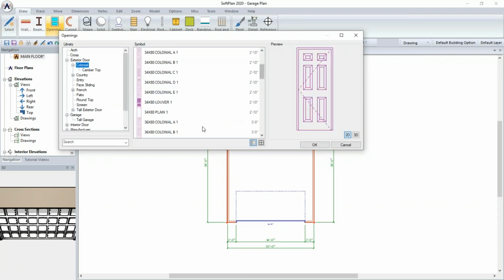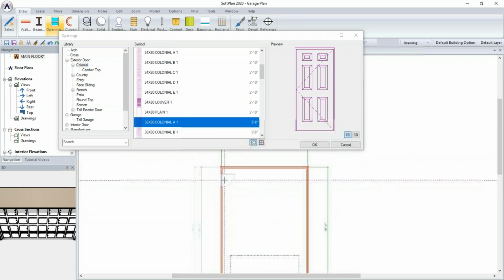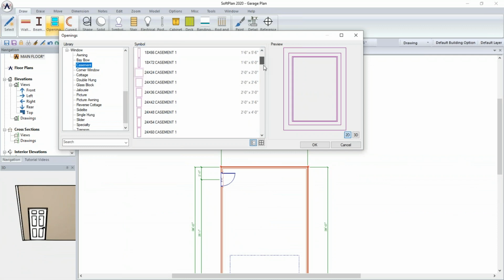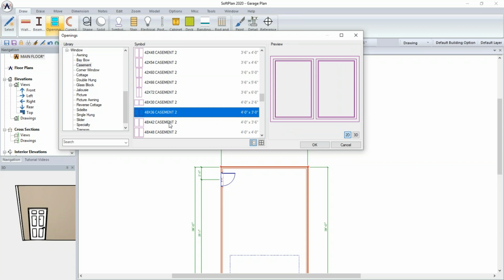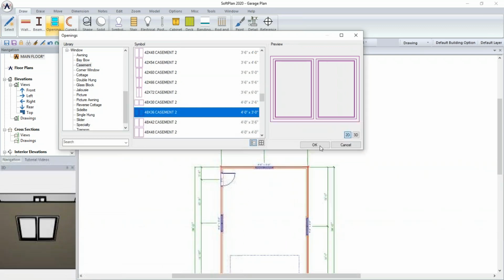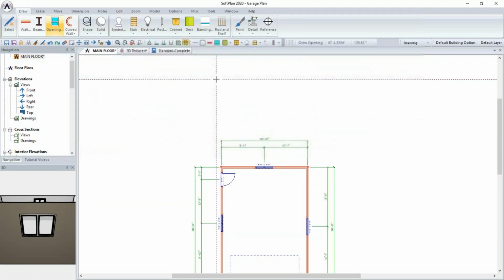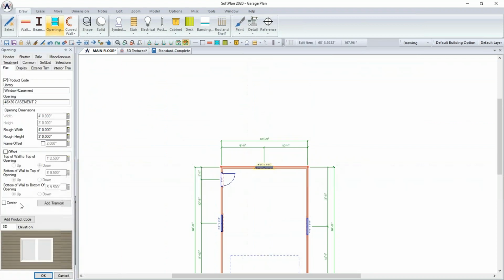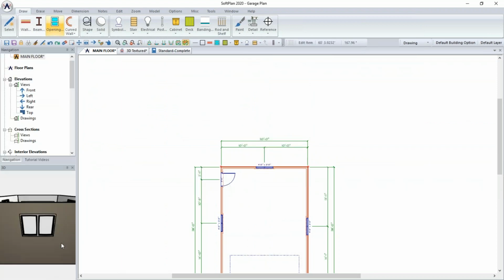Locate a 3-foot man door, and I'll put it here at the back. And then I'll locate a casement window. Let's choose a 48 by 36 and put 3 of them in, one on each side, left, right, and back. I'm going to edit these windows and center them in the wall. I'll use a repeat edit here